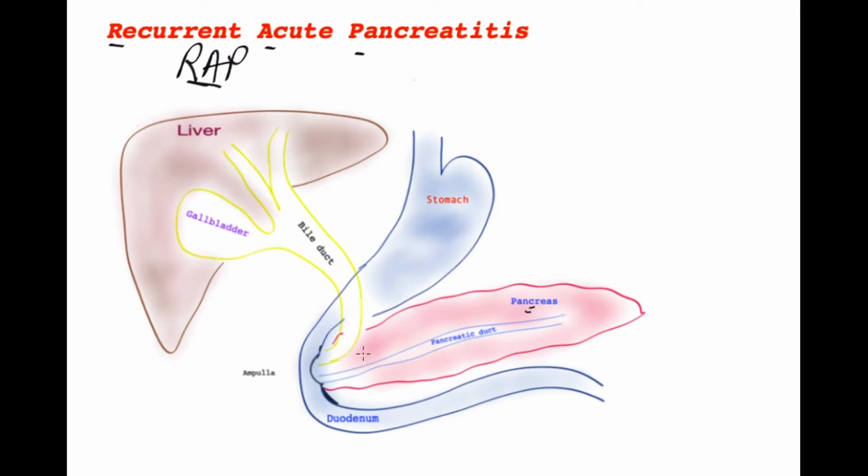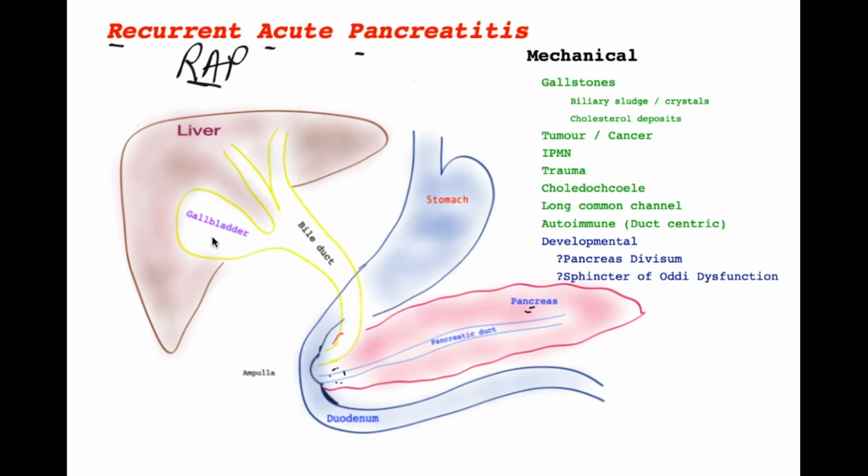The mechanical causes are thought to cause some degree of obstruction to the pancreatic tube over here, which is thought to be the key event in development of pancreatitis. So let's look into the causes. The commonest cause of pancreatitis is gallstones. The gallstones present within the gallbladder typically fall into the bile tube and then travel downwards. And when they reach the bottom end of the bile tube, they can trigger off pancreatitis because of the proximity